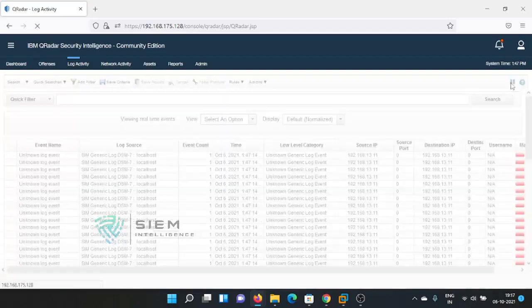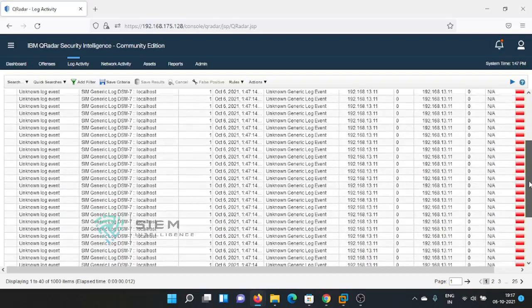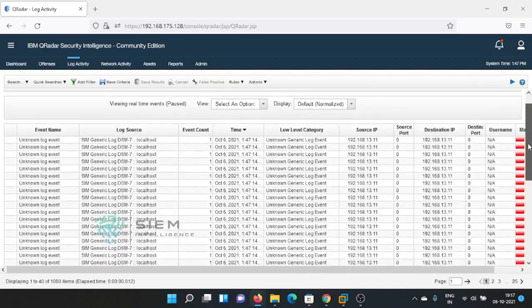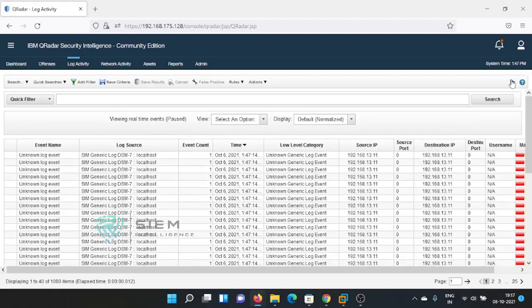When I stop this, it is giving 25 count. By default, it is giving 25 per page. So what is the general log activity count? It is something like 1000 counts. You will see displaying 1 of 40 and a total of 1000 counts. Whenever you stop here, you will get 1000 counts of logs.